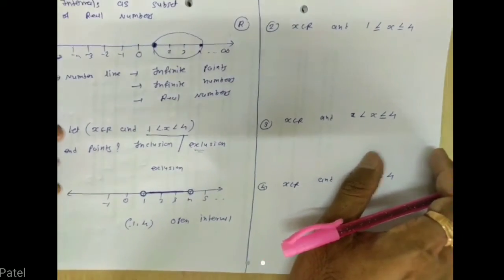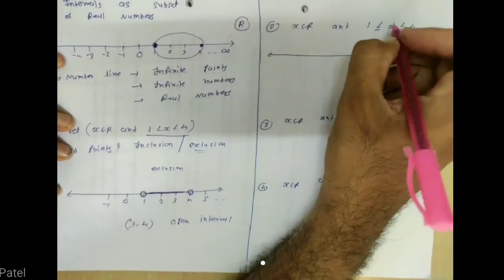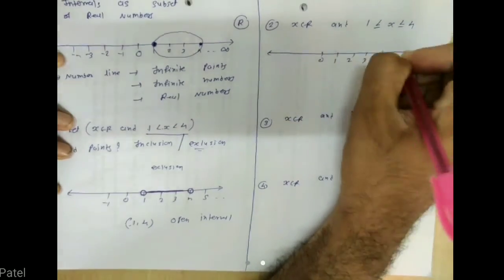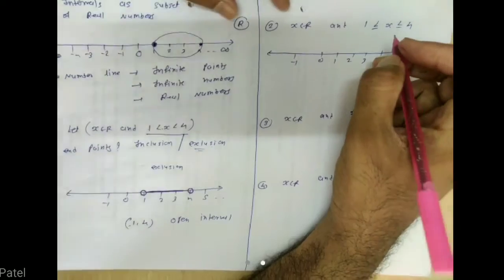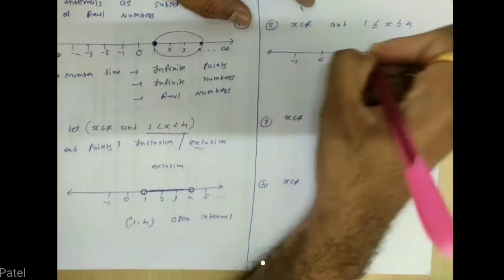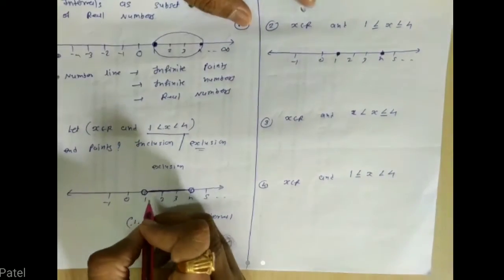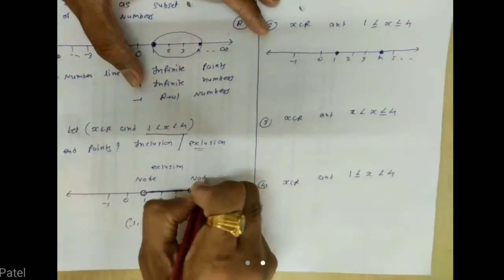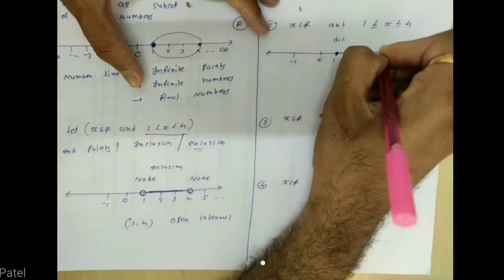Suppose this case. Here we are including both our endpoints. Suppose this is 0, 1, 2, 3, 4, 5 up to infinite. This is -1. This is the case of inclusion. Inclusion means we are considering both endpoints 1 and 4. So for that you have to put a dot. 4 पर आपको ऐसे डॉट बनाना है ना. यहाँ पर हमने एक्सक्लूड किया था, तो वहां पर हमने सर्कल किया था. इसको हम बोलेंगे नोड. उसको सर्कल करेंगे. यहाँ पर इसको बोलेंगे डॉट. That means we are including our 1 and 4.